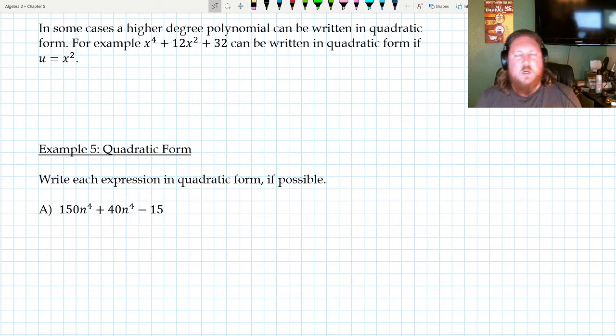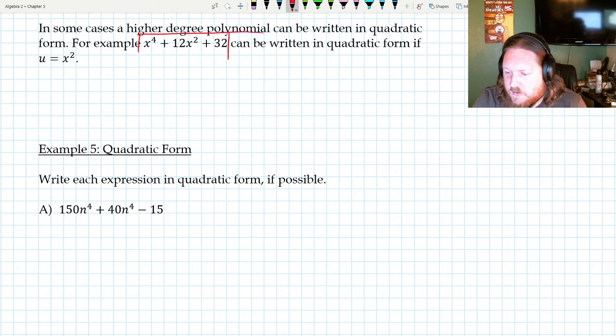Next up, we're going to do something a little bit different. We're going to do a normal quadratic factoring method, but the problem is we don't have a quadratic. We have a quartic, which means a fourth degree polynomial. So the idea is, can we write it in quadratic form? So can we substitute some value into this expression here,